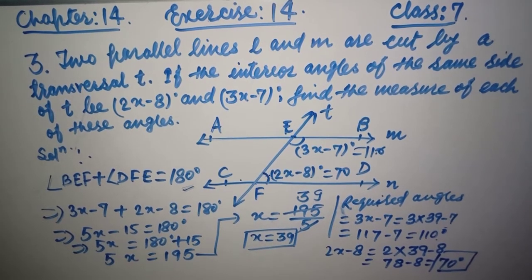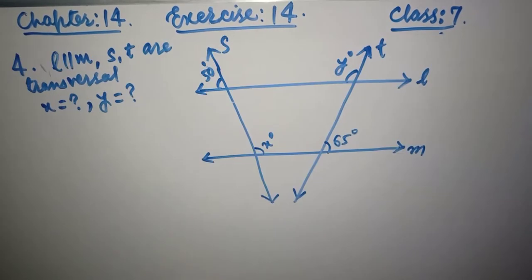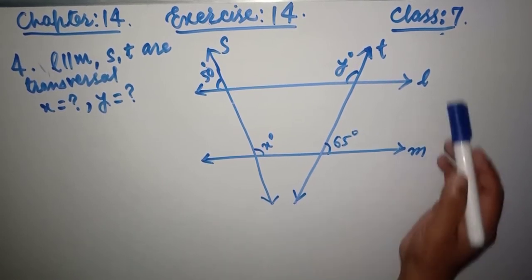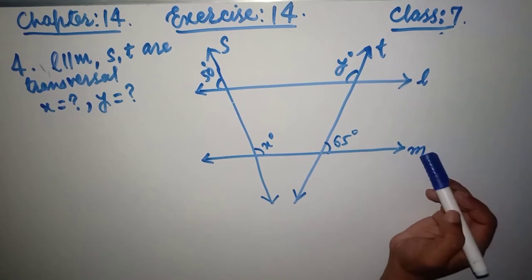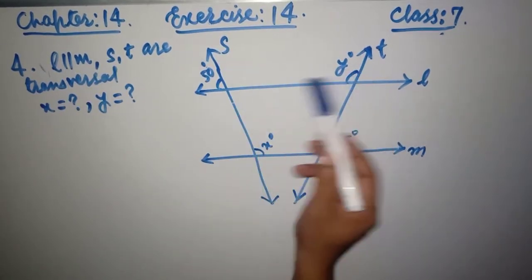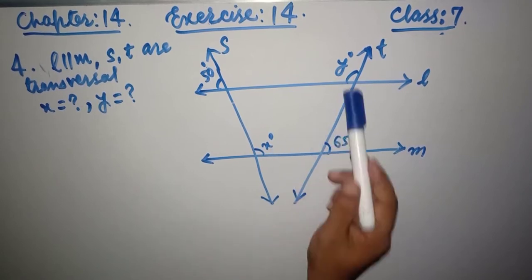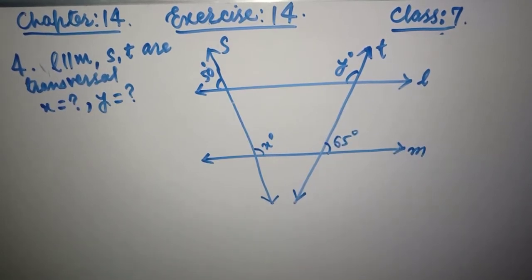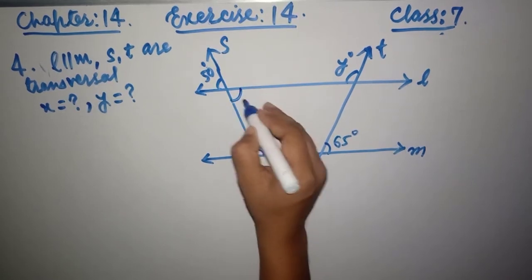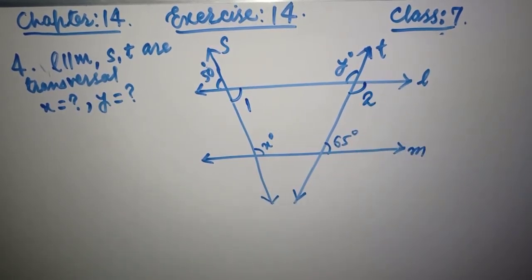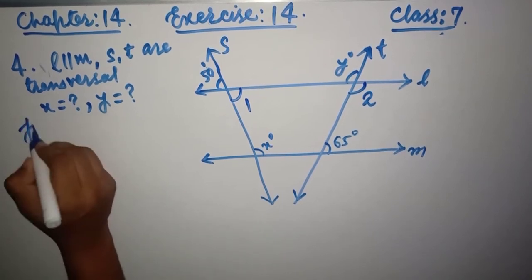Now see the next question. Question number 4 is given with a figure. L and M are two parallel lines, and S and T are two transversals. Then we have to find the values of x and y. Okay, now see friends, suppose this is 1 and this is 2. Now from the figure,